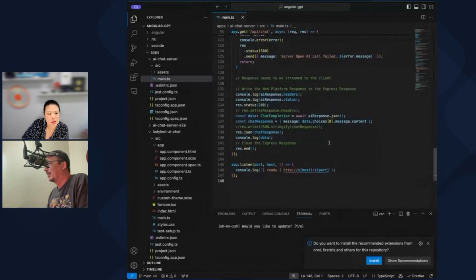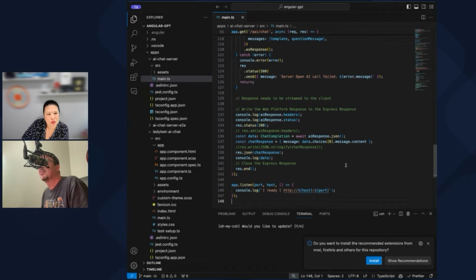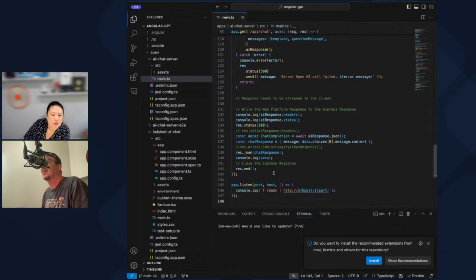Yeah, does this help at all? I don't think it does. Does this help? Sort of. Let me look at that. So you've got chat companion. We're just getting the whole thing as JSON in one go. And we're just logging it out to console, which is AI response.json. So that is different. We're not using AI response.json. We probably should be.